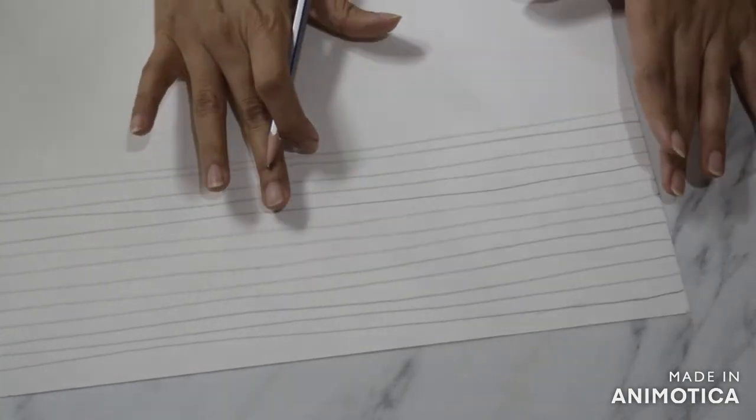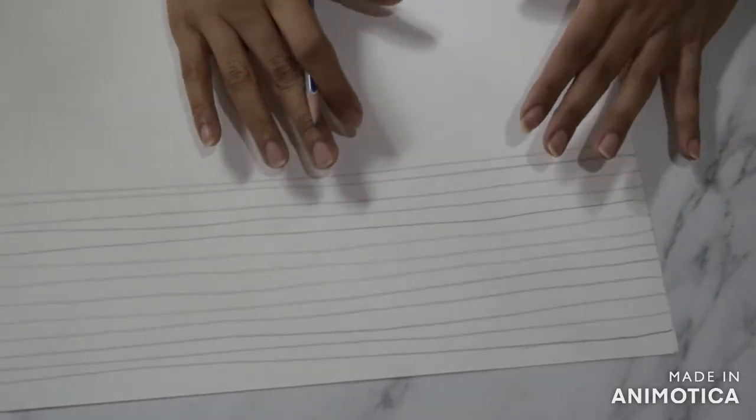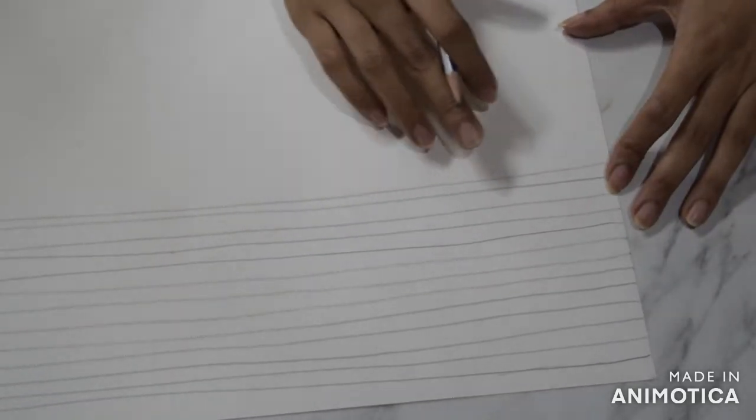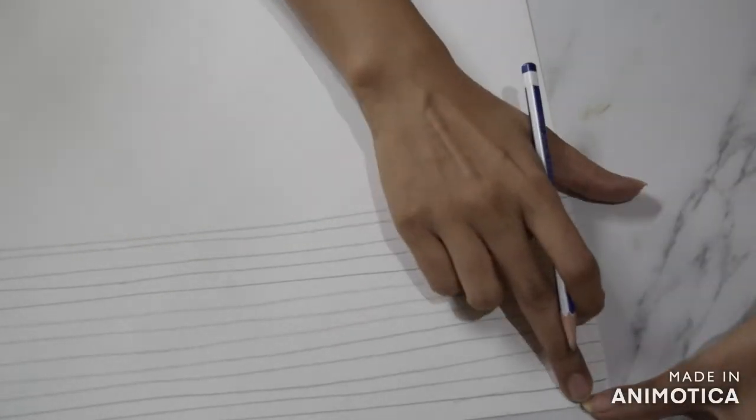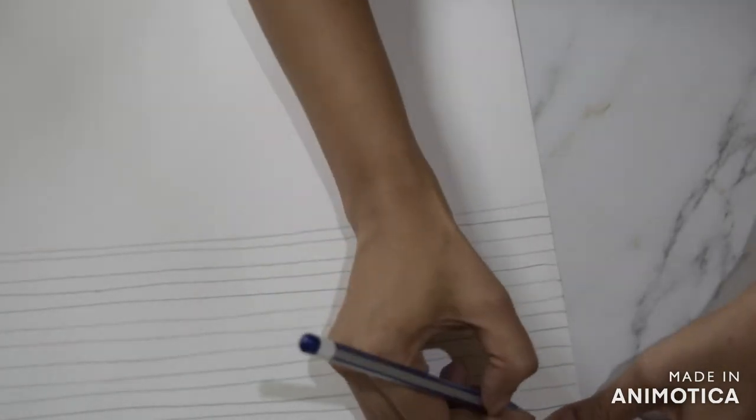Now on the same paper, I'm going to practice all the lines that I have learned. I don't need a different paper for different lines. Now after practicing and completing the entire paper with your horizontal lines, you're going to start with vertical lines. Again, starting from the edge, top edge to the bottom edge. So make sure you are comfortable, your paper is in a right position, and hold the paper because the paper might move, and start making your